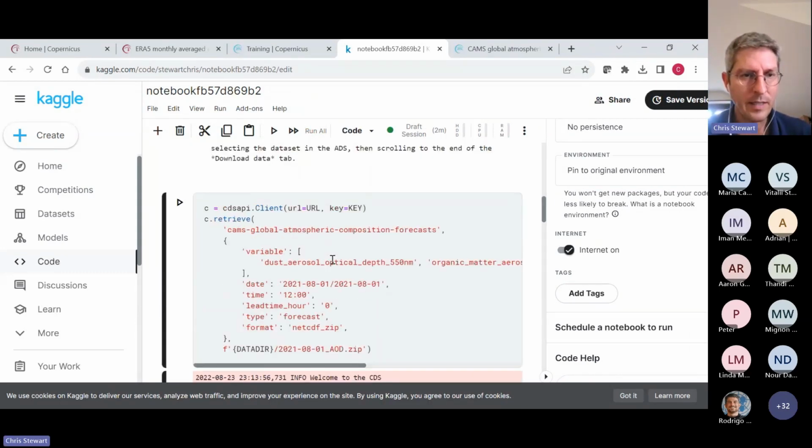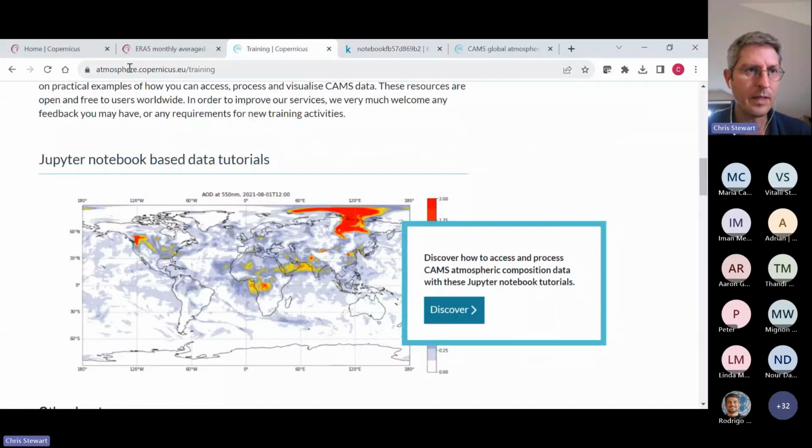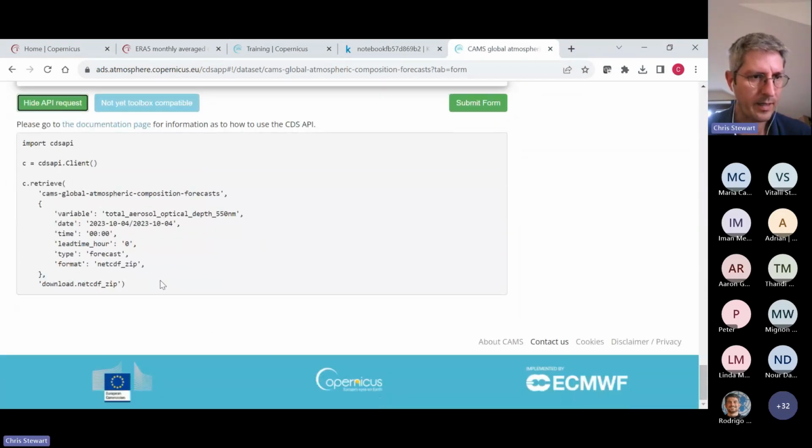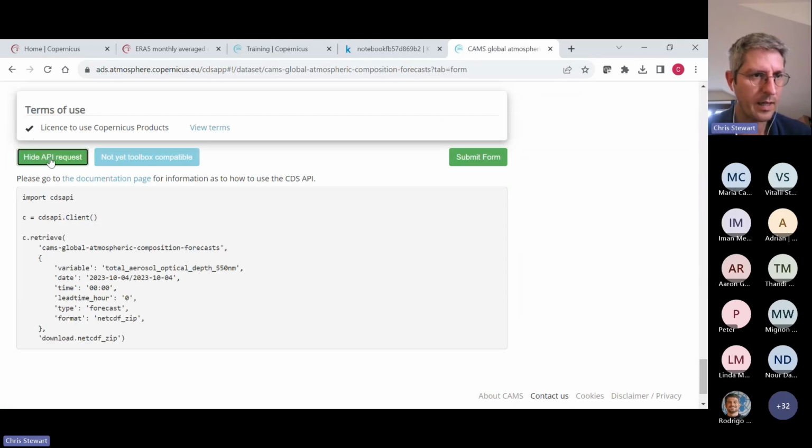And here, what we've done, this script here is just a copy and paste of the script I showed you in the catalog. It's this script here, okay? When you click on hide or show API request, you're just copying this script. So this is the script that